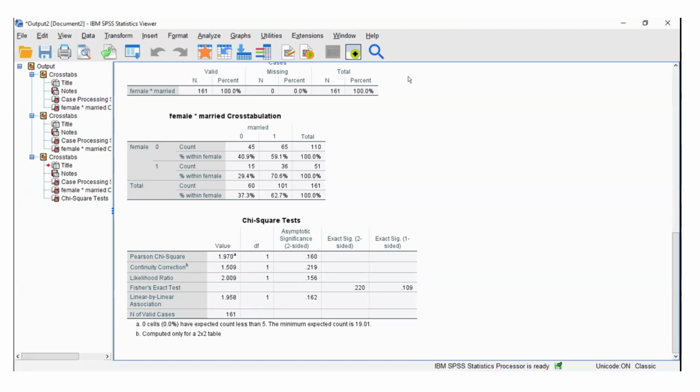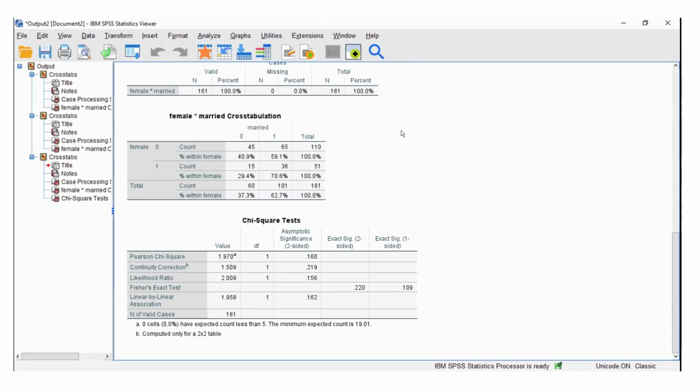Now, it's a 2x2 table, so there are 4 boxes, right? So if at least one of the boxes in the expected count has a value of less than 5, we will not use the chi-square test.